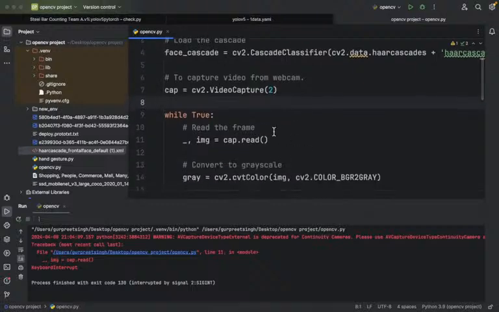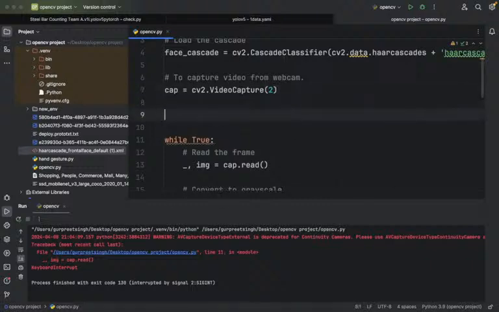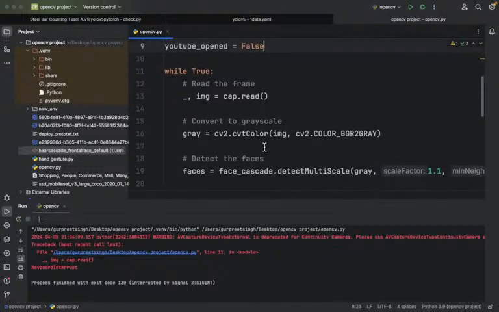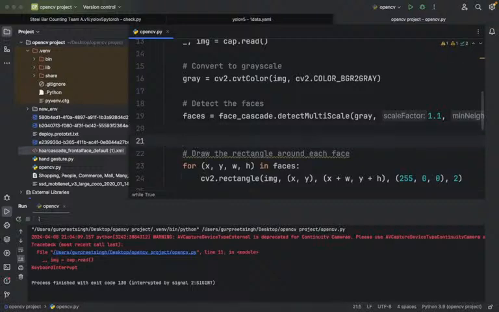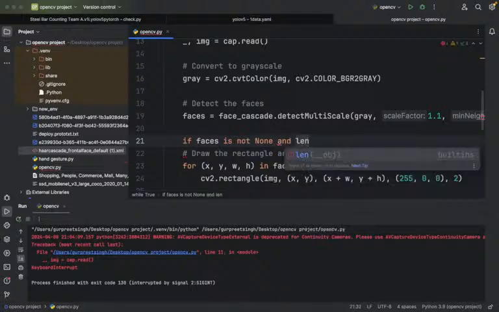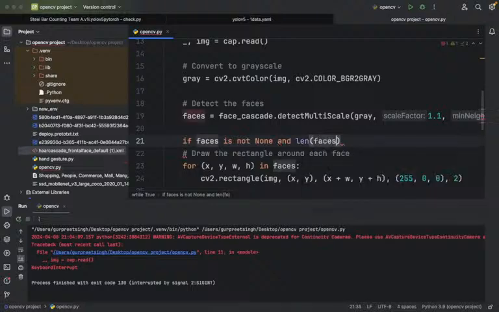Everything is fine here. Now after this particular line, we are going to add YouTube. Suppose I want to open YouTube, so I'm going to give youtube_opened, which is going to be false for right now. After that, while True, image cap dot read, it's totally fine. Gray, cv2 color, face cascade, it's totally fine. Here I should have some arguments. I'm going to give if faces is not None, and length of the faces